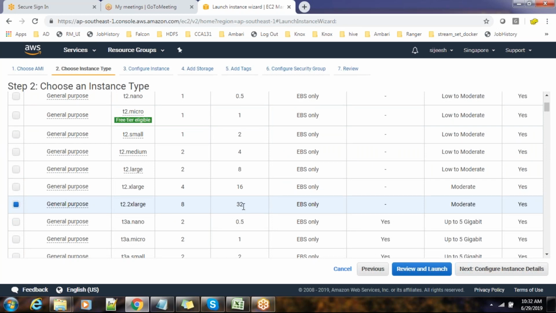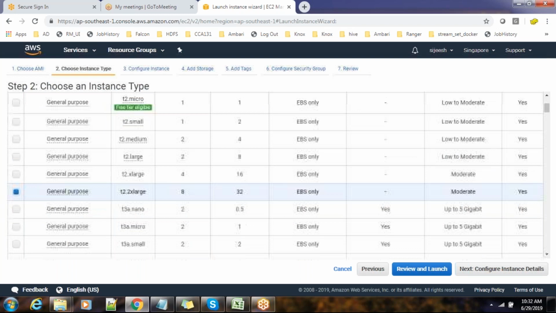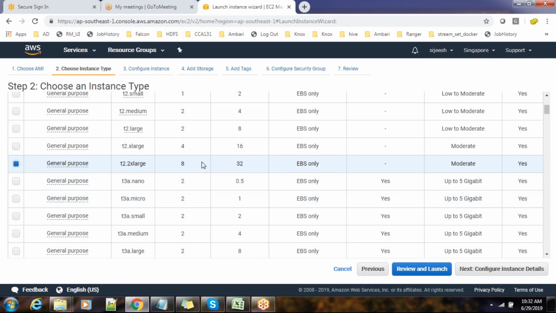The disk I need to choose later, depending on how much I need. If you choose 16 gig, I think that will also work here, but sometimes because of memory you may face some challenges. So I'm choosing 32 gig RAM.